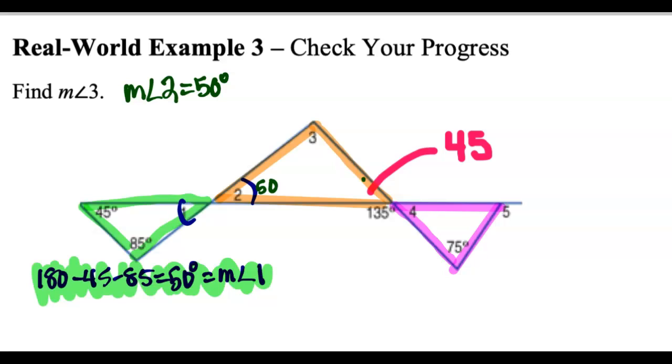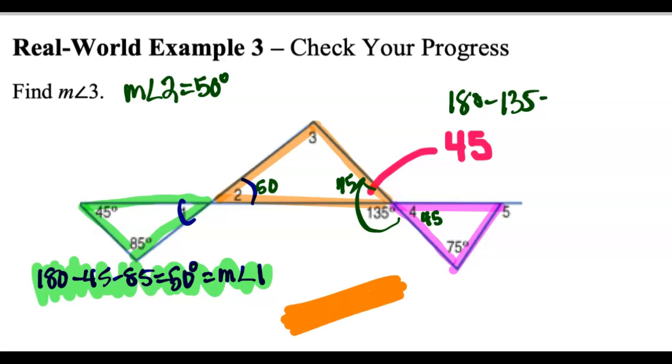And one thing to note over here is that these two are linear pairs again, so that's going to be 45 because we're going to take 180 minus 135. And if this measure is 45, then that means this measure is 45. So let's start with the orangish one here. So we're looking at the orangish one, and I would get 180 minus 50 minus 45, and that one I get to be